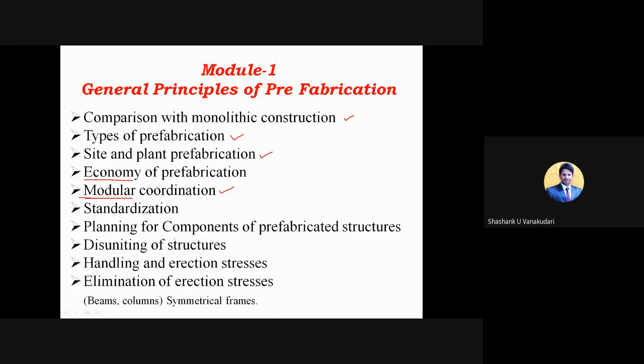Because planning for a conventional building is different, and planning for prefabricated structures is different. There is a lot of difference between these two aspects. I will give you just one example. In conventional construction, if you require some other materials, equipment or tools, you can stop the work and bring them at the earliest, right? But here the things are very different.